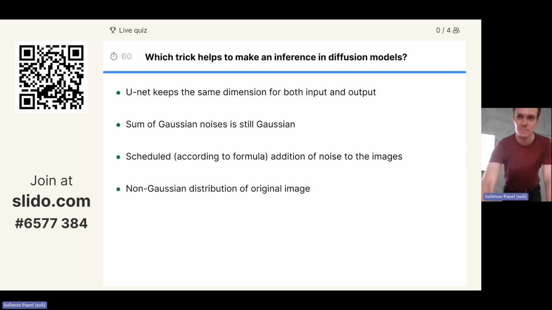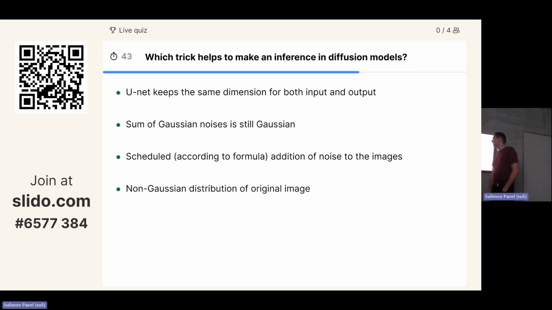So, sorry guys, still the competition is continuing. Let's see. Complicated question. Which trick helps to make an inference in diffusion models? We have discussed now that I told you about UNets. I told you about the noise. I told you that noise is added according to some formula. And it is clear that the original image is definitely not a Gaussian noise. It has some other distribution. But now think, what exactly helps you to make the prediction?